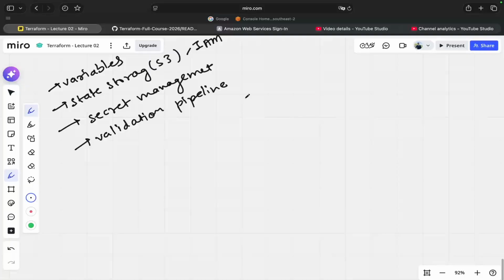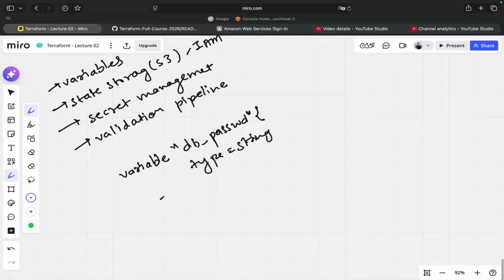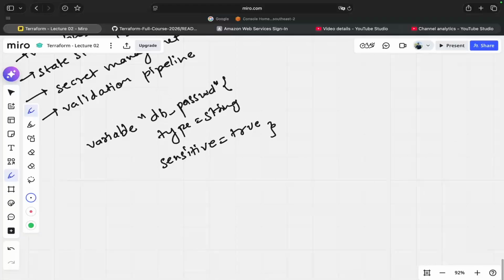Okay, so handling sensitive variables in Terraform is easy, and Terraform provides a built-in way to mark variables as sensitive. So inside your variables.tf, let's say you want to define your DB password, which you want to use to log into your database. So I will say DB password and then I will add the type as string. And the next thing is you want to add a value which is called sensitive, and you must mark it as true so that this DB password will be masked